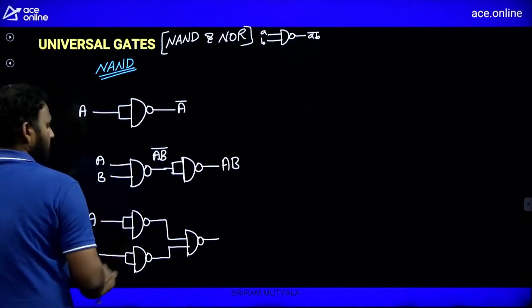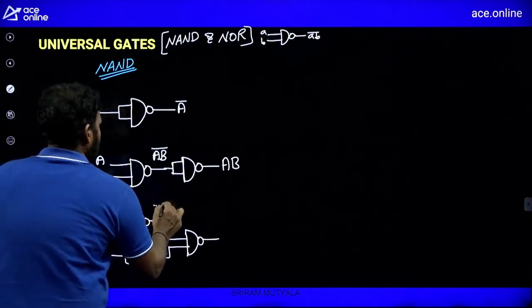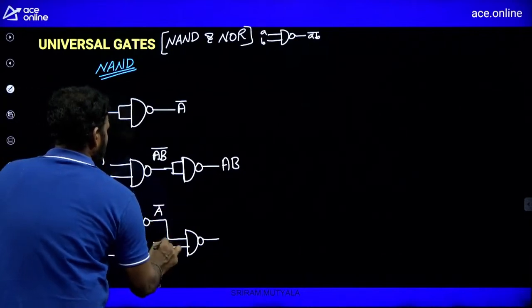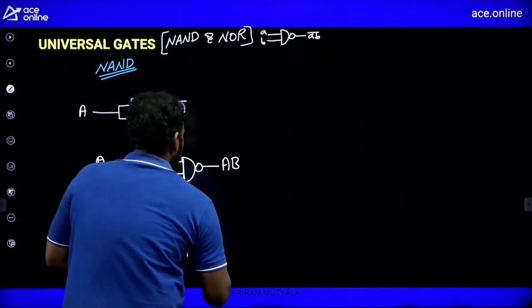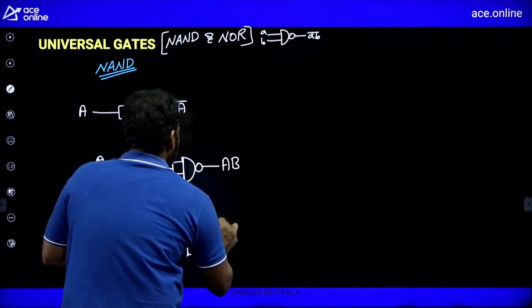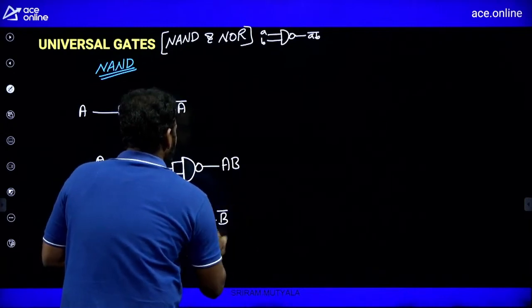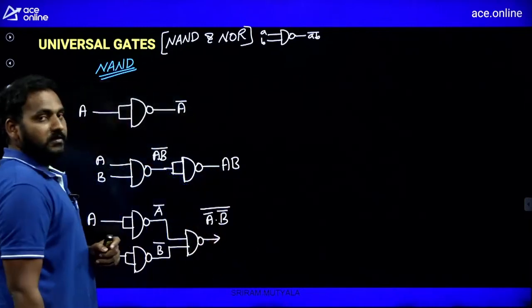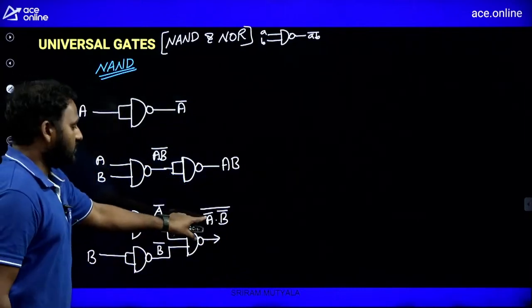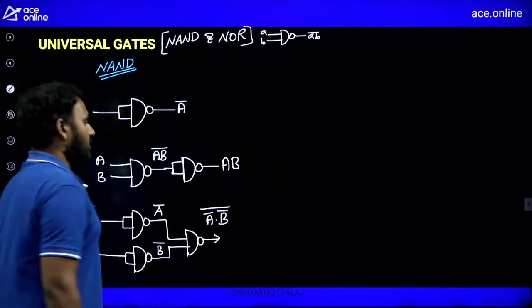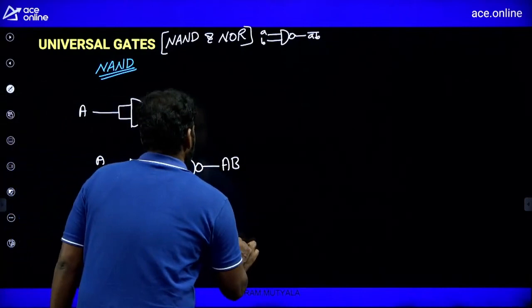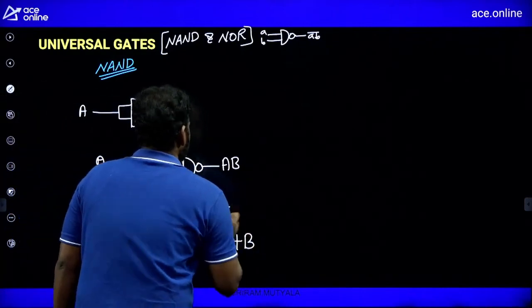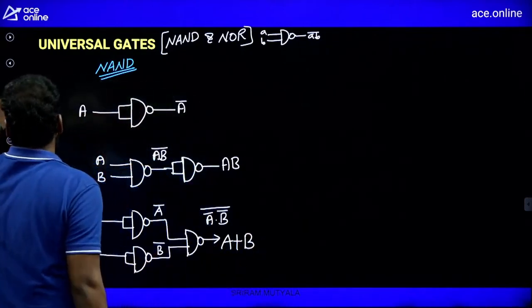Excitations are AB. This is A bar, B bar. What is the output? A bar dot B bar whole bar. Apply De Morgan's: A double bar plus B double bar. That means A plus B will come. So,